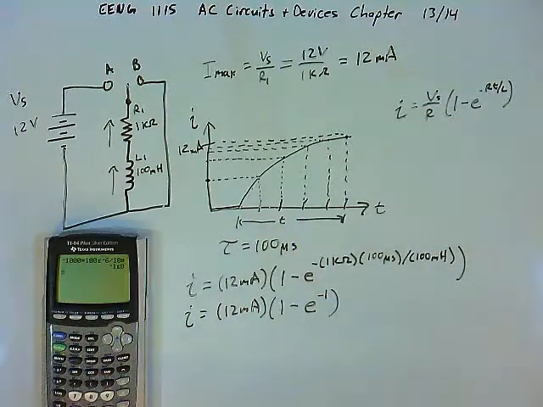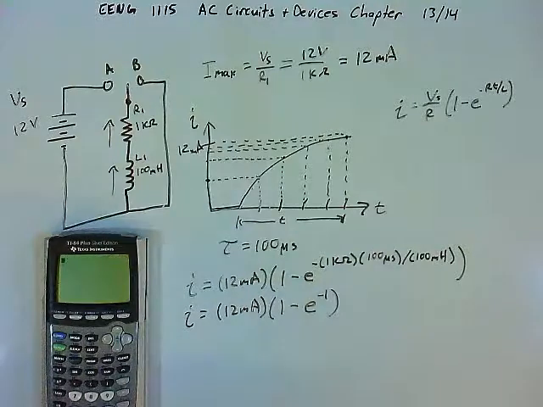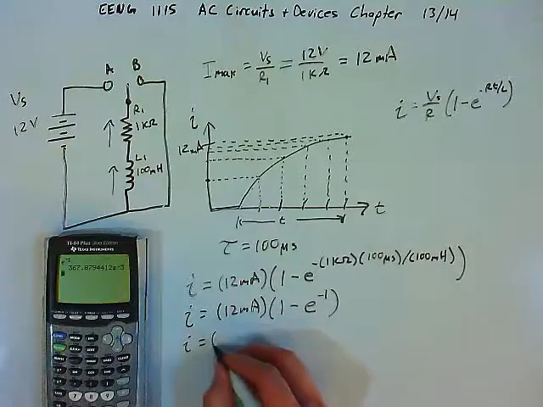So no coincidence that that worked out to be negative 1. Now that we've worked out the exponent, we will take e to that power. Depending on your calculator, you probably have an e to the x button. I have to hit second and then my natural logarithm button, and I get e to some power. I want that power to be negative 1. E to the negative 1 power. So I get I is equal to 12 milliamps